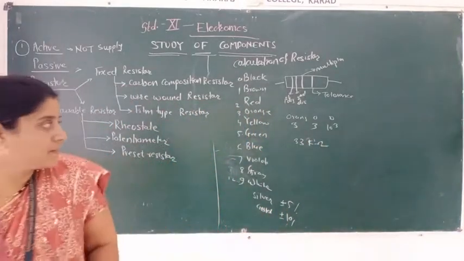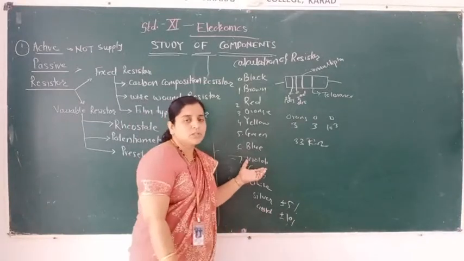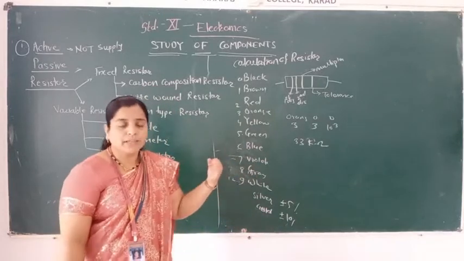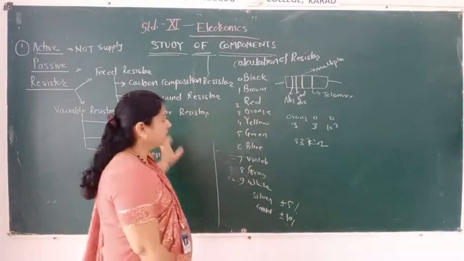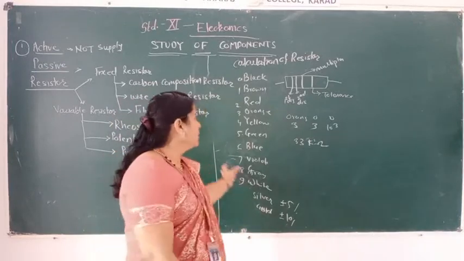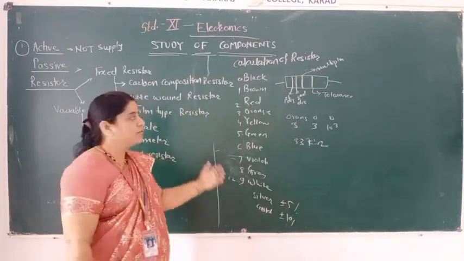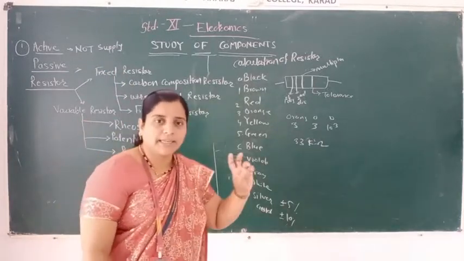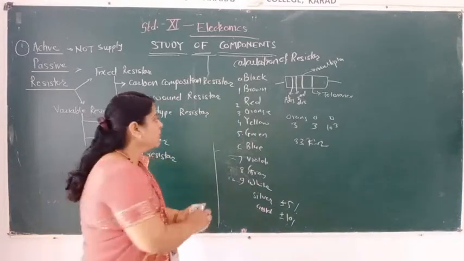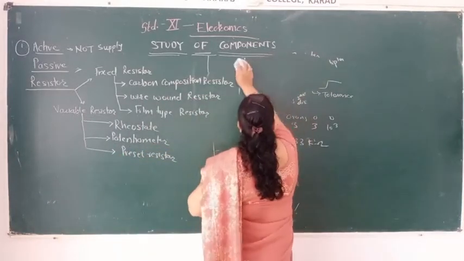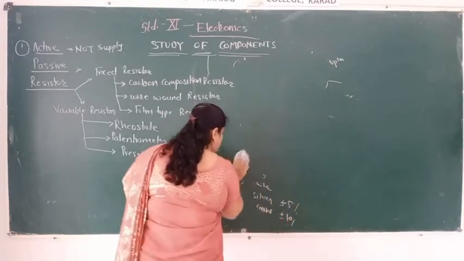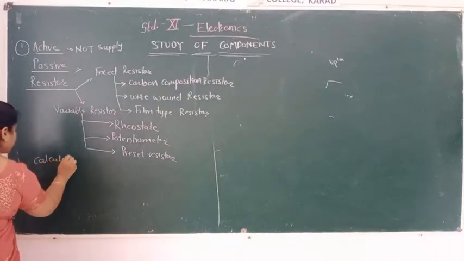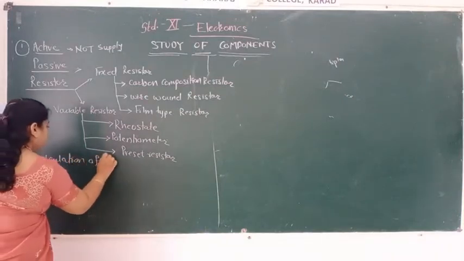I'm just taking this revision because most of you have told me that the lectures are not in sequence. So which sequence should we consider? For that only I am taking this lecture, and I am telling you the sequence of your syllabus is like this. First of all, you have to see the active components and passive components, then resistor, then capacitor, then inductors, and then transformers. So we have taken how to calculate the resistor.